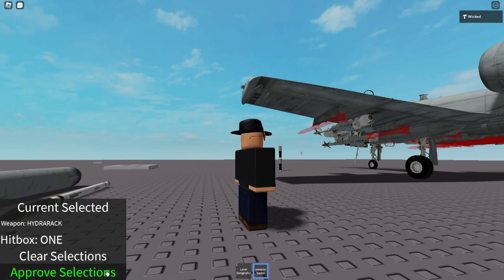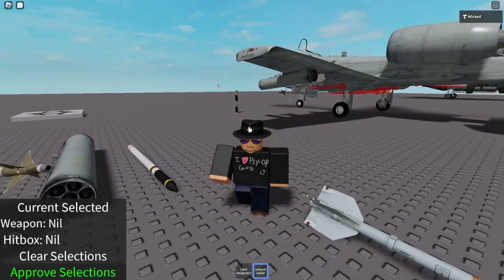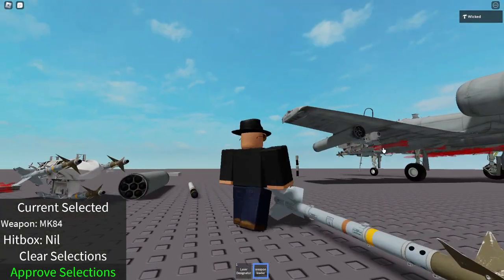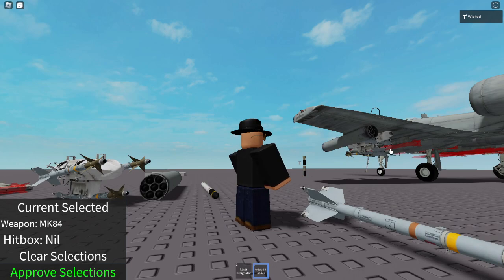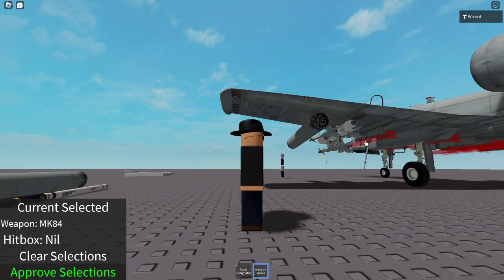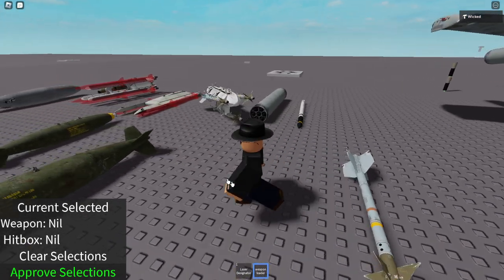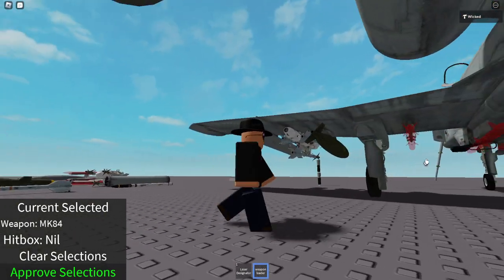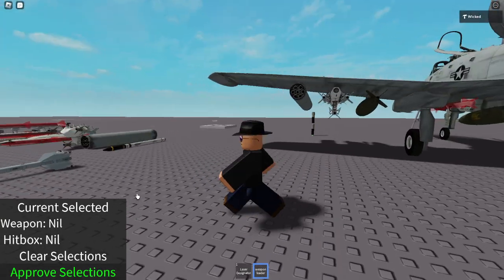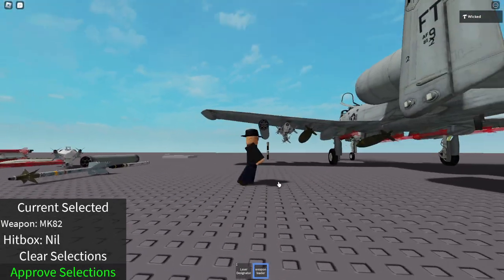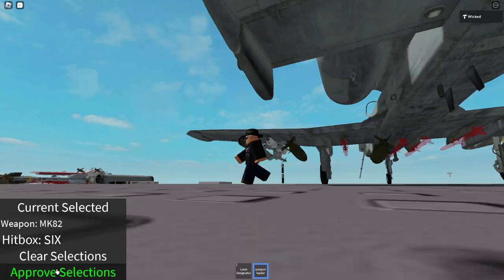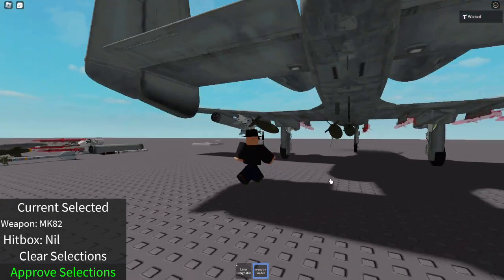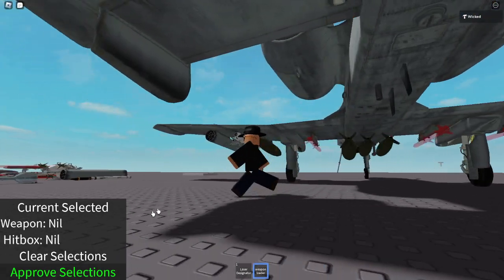So, we'll just put one of those. What's next? We'll take an MK84. Boop. Oh, come on. Boop. There we go. So, we'll take another MK84. We'll put it right underneath here. We'll take some MK82s. I think the GBU should actually work, but we will not